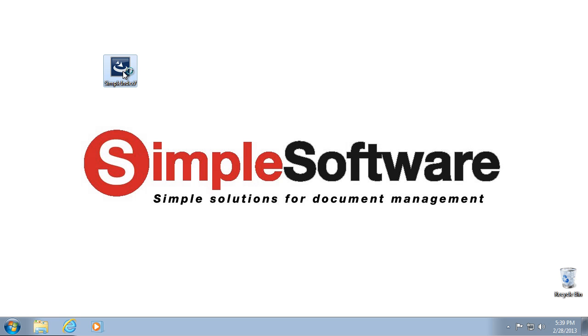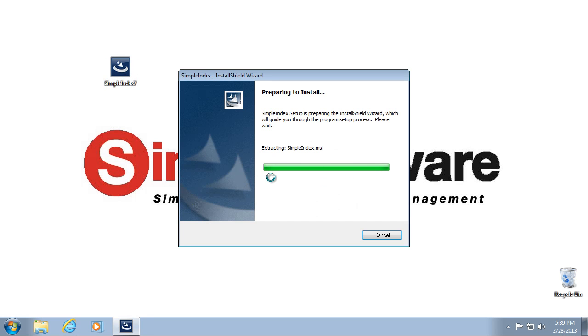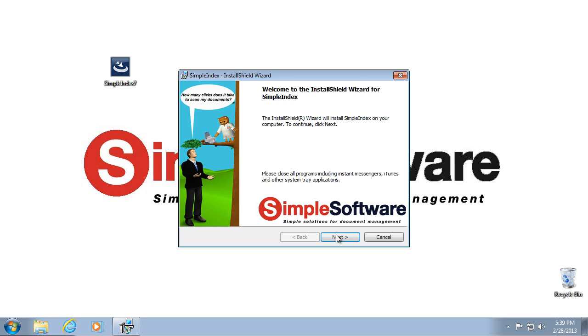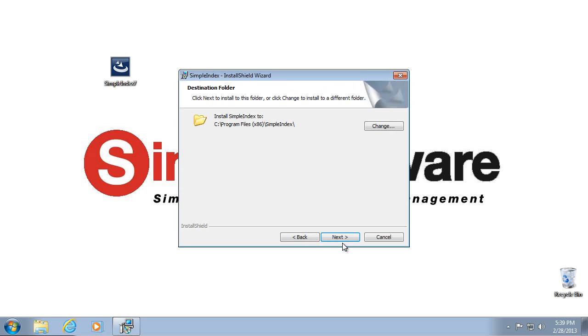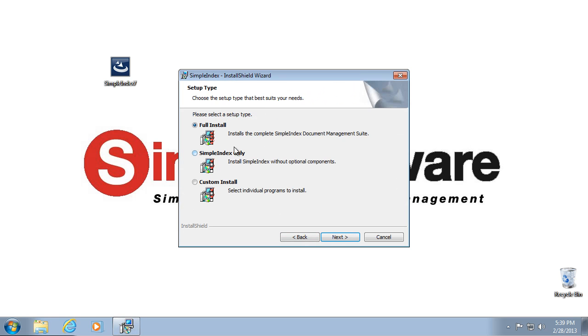Just double click it and it'll do the usual Windows thing, extract a few files, look at your system resources, and eventually it's going to bring us to a prompt here so we can choose which components to install from the SimpleSoftware suite. And just choose next. We'll keep the default location, and then here you can either do a full install, which